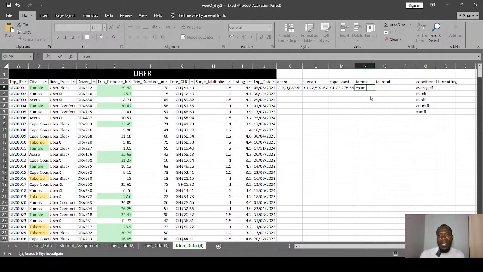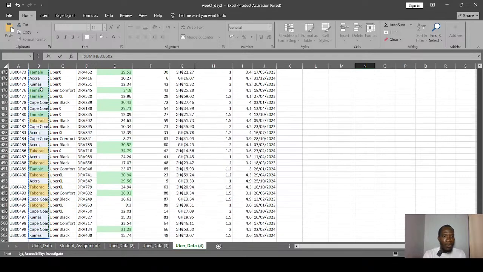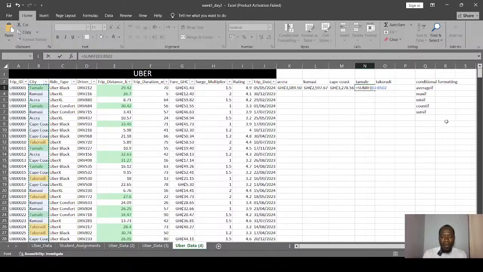Okay. SUMIF for Tamale this time, our range is in the same range. So start with B3, Control Shift down arrow, we get to the bottom, we bring a comma, then our criteria this time changes to Tamale.